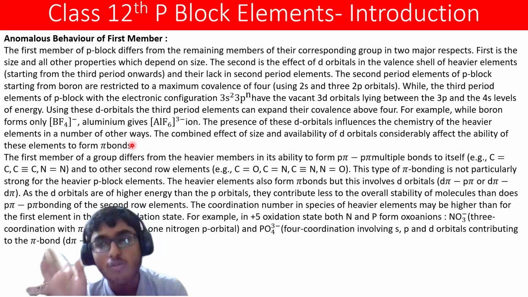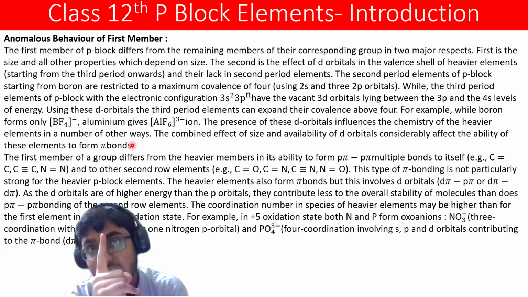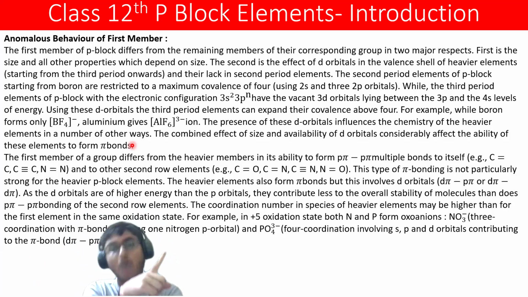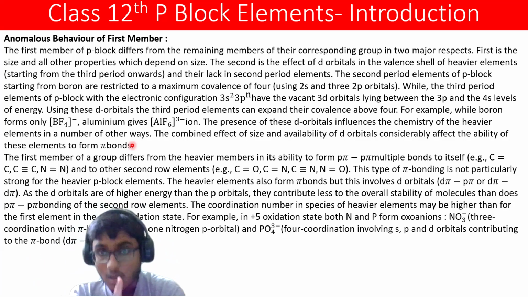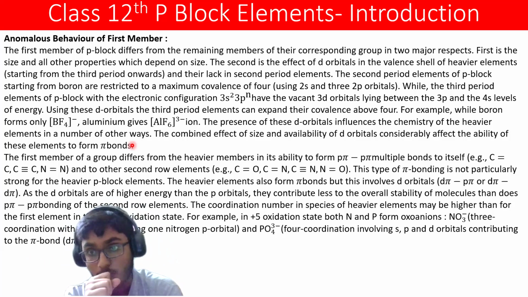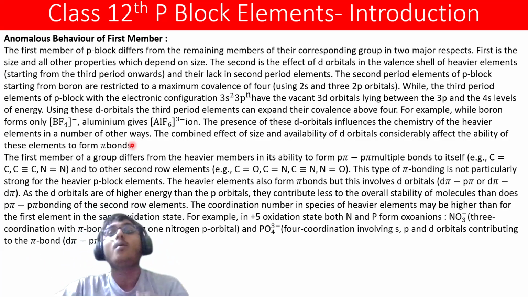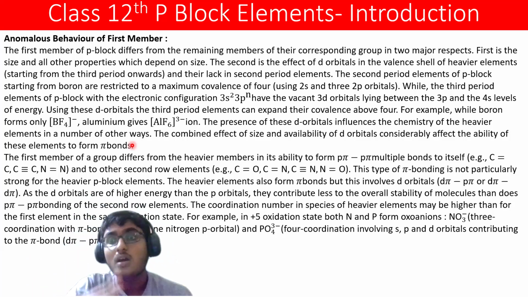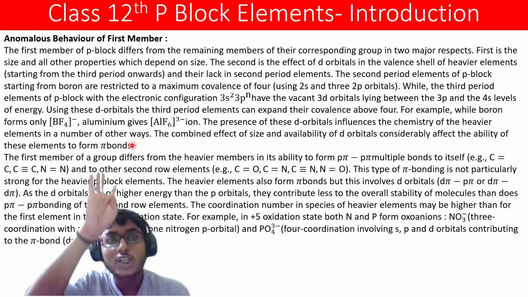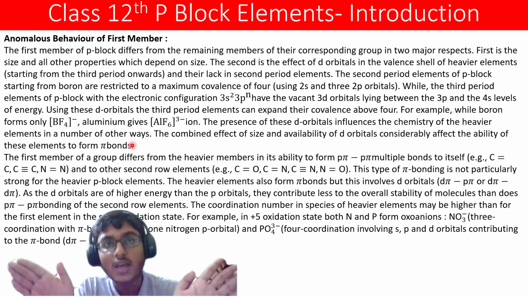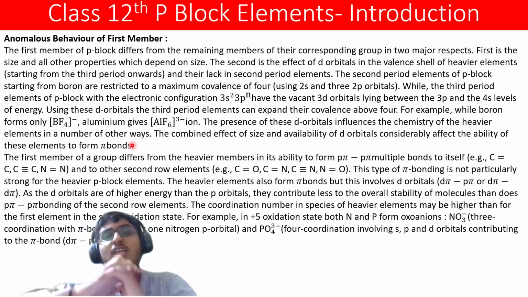ऑक्सीजन आयंस तो बना लेगा, NO3- भी बना लेगा, जो कि 3 कोऑर्डिनेशन विद पाई बॉन्ड इन्वॉल्विंग वन नाइट्रोजन p ऑर्बिटल, और PO4 3- बना लेगा, 4 कोऑर्डिनेशन, दोनों का ऑक्सीडेशन स्टेट तो है +5। बट हाँ जो कोऑर्डिनेशन नंबर है वो हायर हो जा रहा है। इसका कोऑर्डिनेशन नंबर 4 हो जा रहा है, इसका कोऑर्डिनेशन नंबर 3 हो जा रहा है। 4 कोऑर्डिनेशन हो जा रहा है PO4 3- में, जो कि इन्वॉल्व कर रहे हैं s ऑर्बिटल्स के भी 2, p ऑर्बिटल्स के भी 3, और एक d ऑर्बिटल भी इसमें कर रहा है। तो 1 3 4 हो गया। 4 जो है कंट्रीब्यूट कर रहा है तुम्हारा dπ-pπ बॉन्ड्स जो है वो फॉर्म कर रहा है इसको। तो इसलिए ये एनोमलस बिहेवियर देखने को मिलता है।